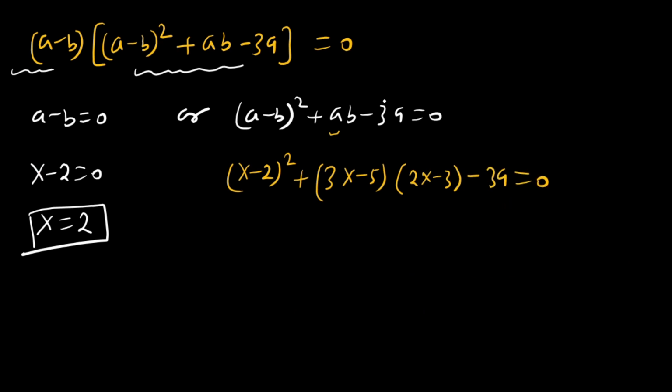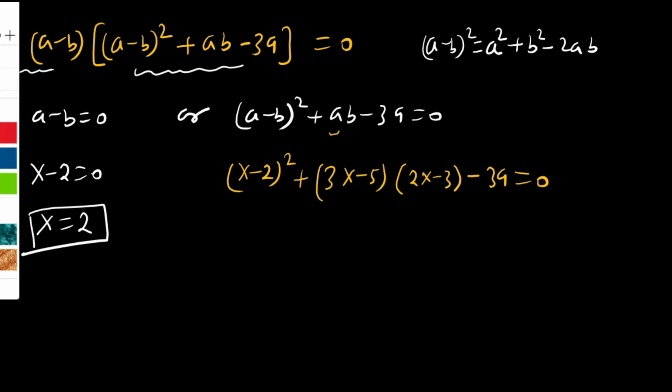Here we will apply (a minus b) whole square, and we know that (a minus b) whole square is a square plus b square minus 2ab. If we apply this rule, then here